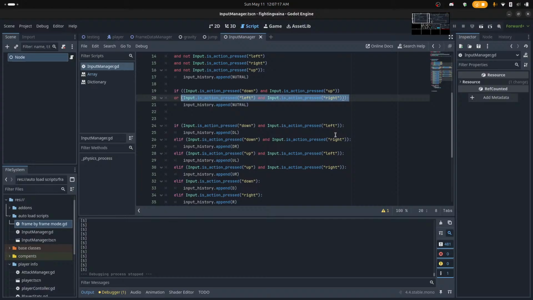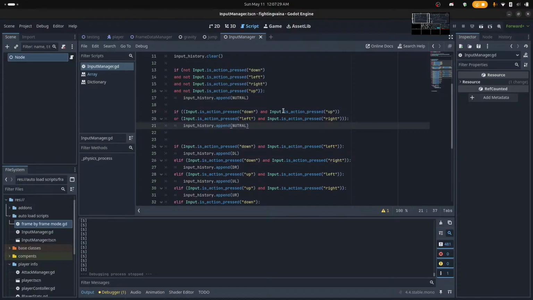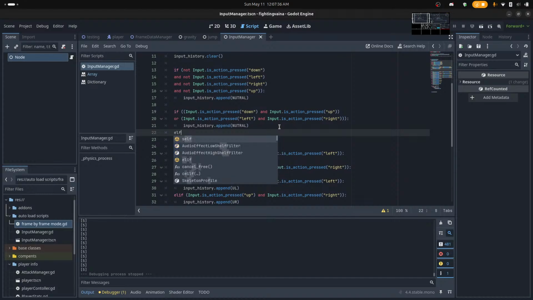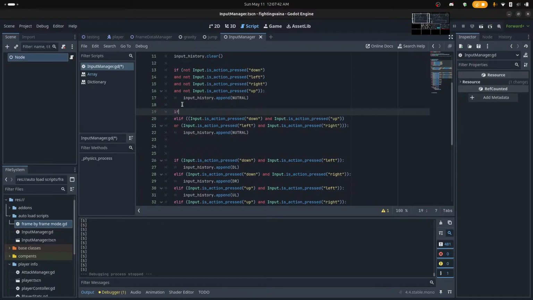But up should not be, if we use up and down at the same time. And